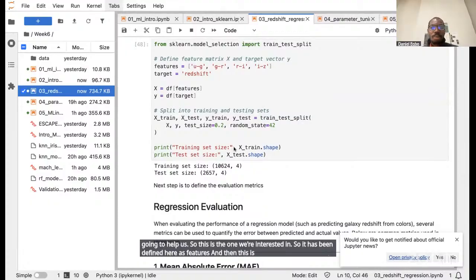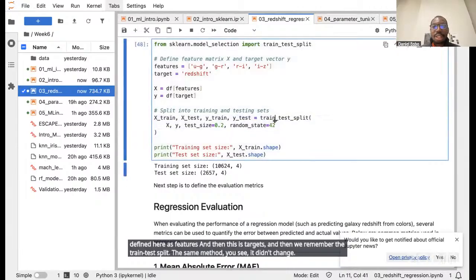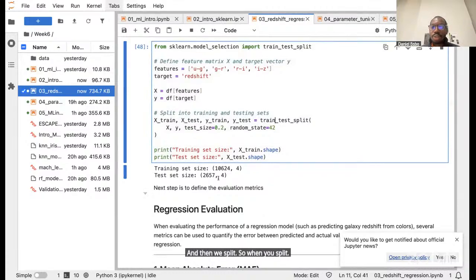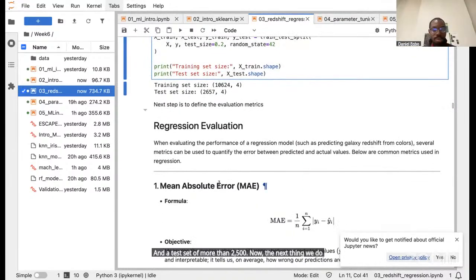And then we use the train test split, the same method. You see, it didn't change. Passing the features X, Y, and then we split. When you split, you now have a training set of 10,624 and a test set of more than 2,500. Now, the next thing we do is